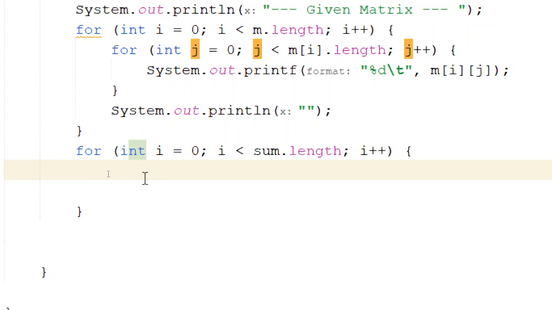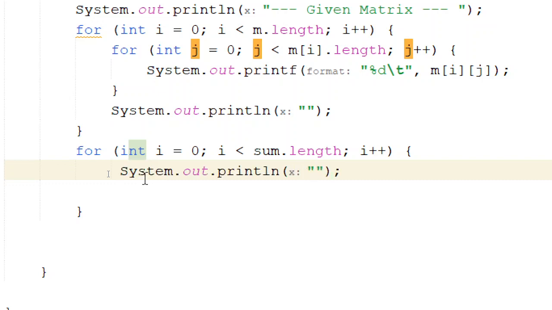NetBeans will not help you in the initial stage. Remember, you have to write and show it to the examiner. That means you must know the program before you do anything with Eclipse or NetBeans or Notepad or VI editor or anything. So don't be under the impression that somehow NetBeans will help you. NetBeans can't help you unless you have written the program and gotten it corrected by the examiner during the examination. Okay, so let's come back to the story of printing the